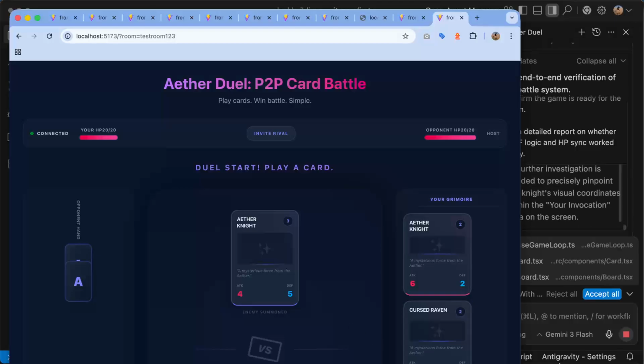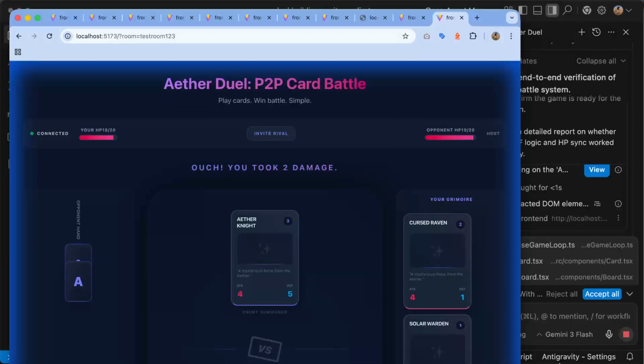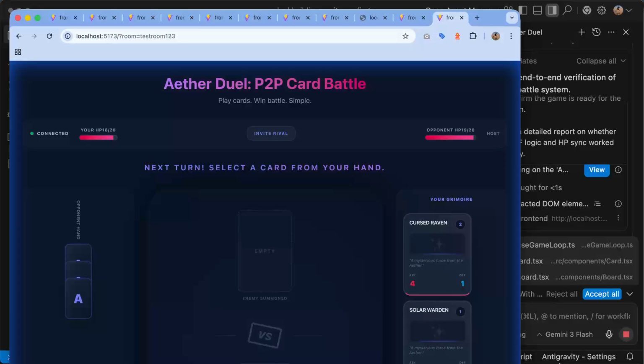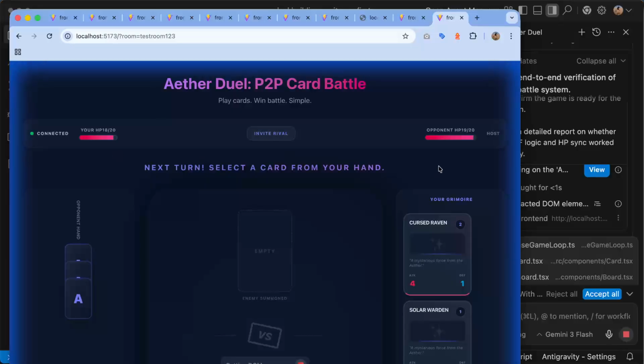And your enemy has summoned an Ether Knight with 4 attack, 5 defense, and you just said like, hey, I want to have that as well. You can then fight against each other and see who wins, right? Then again, you see you have 18 and your opponent has 19 there.